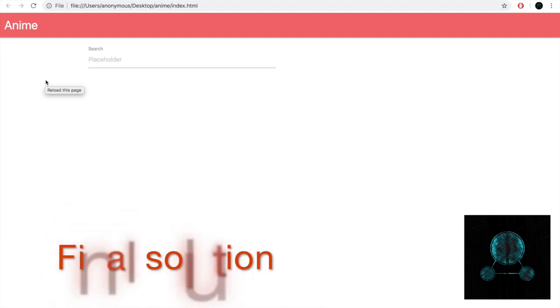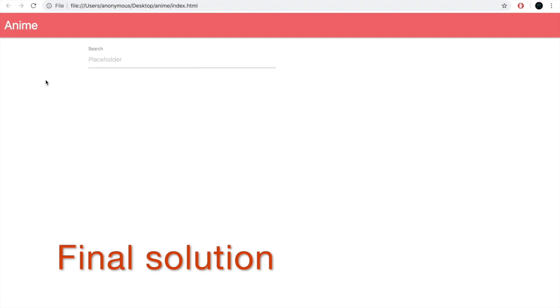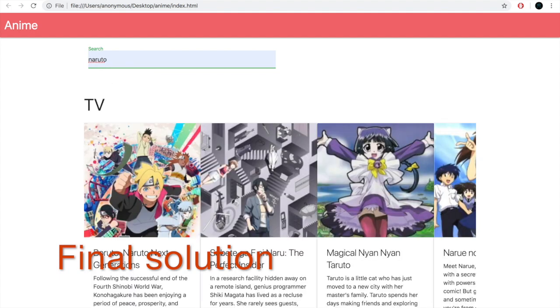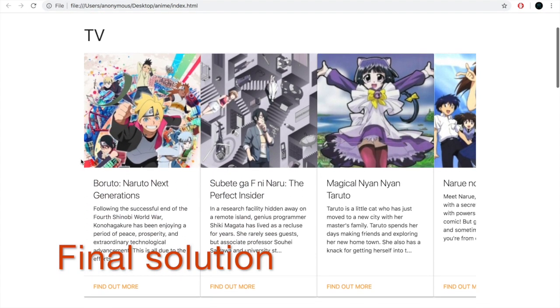Before we get into the video, I'm going to show you what the final solution actually looks like. It's always nice to know what we're trying to build before we actually see some code. So we're trying to build this, just a simple website where we have a search bar where we can search for some anime. We just type in a keyword, press enter, and then we get a list of animes by